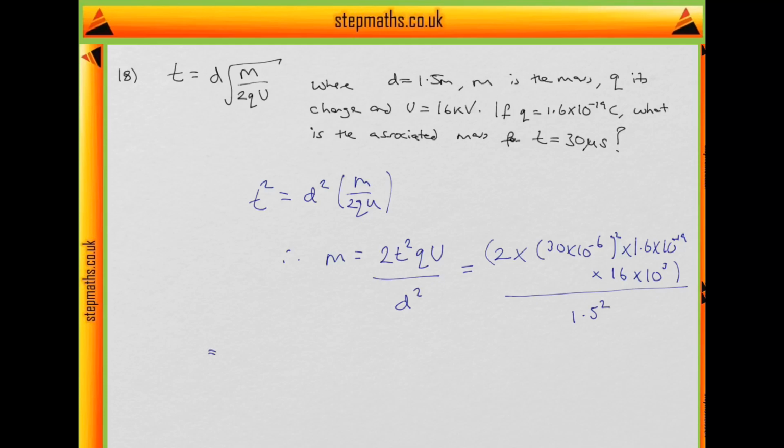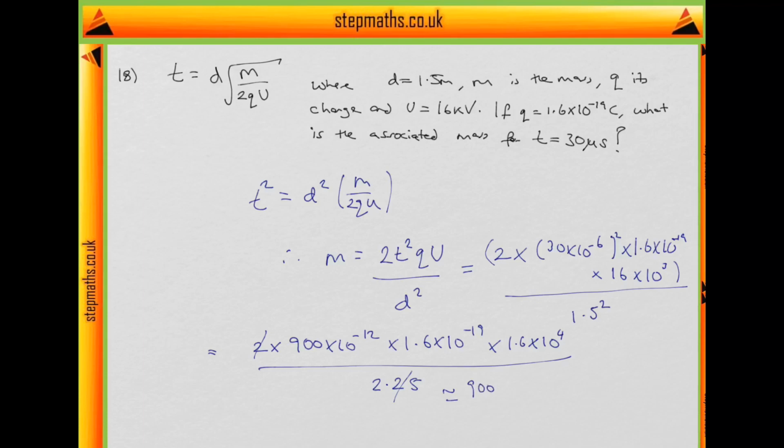Well, that's equal to 2 times 900 times 10 to the minus 12 times 1.6 times 10 to the minus 19 times 1.6 times 10 to the 4 over 3 over 2 squared is 9 over 4, which is 2.25. So let's just cancel off this for approximation purposes. So this is approximately equal to 900 times 10 to the minus 12. 16 squared is 196, so that's